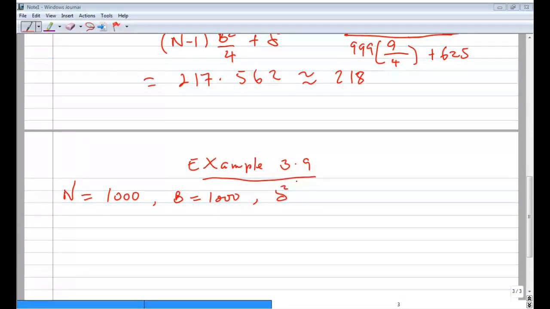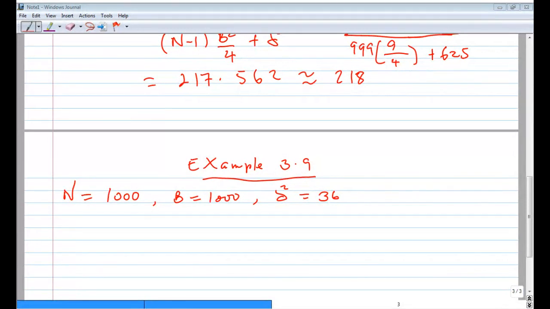It's 36. So they want us to find what? The sample size required to estimate